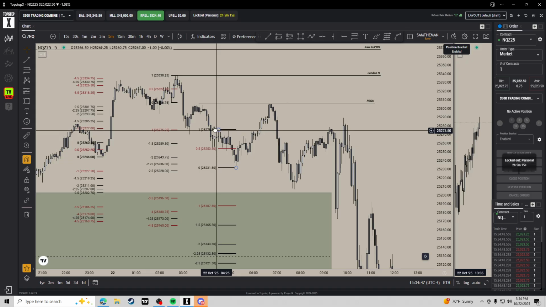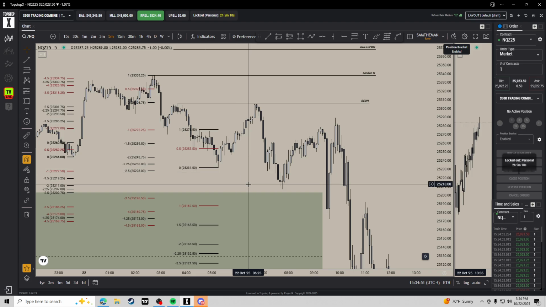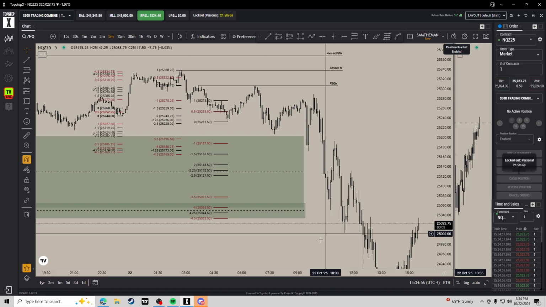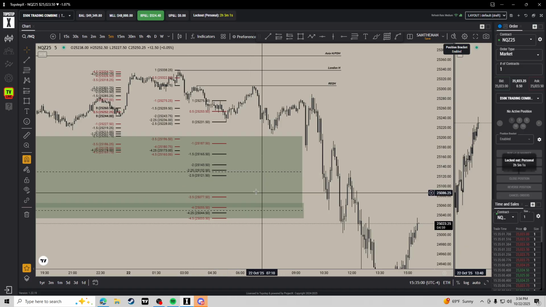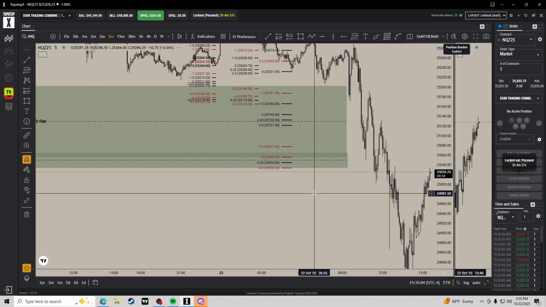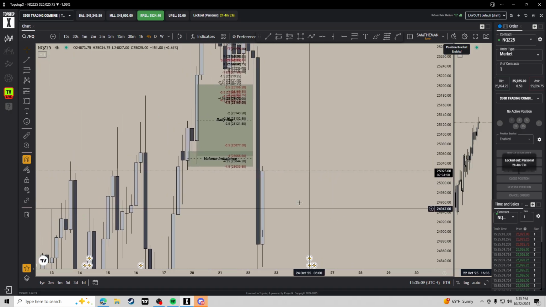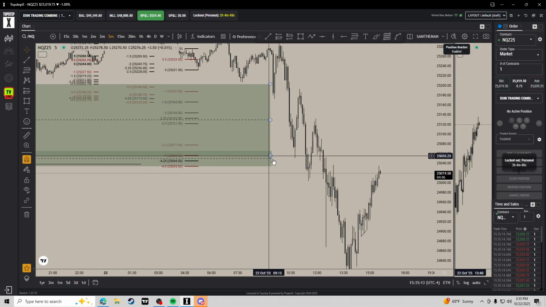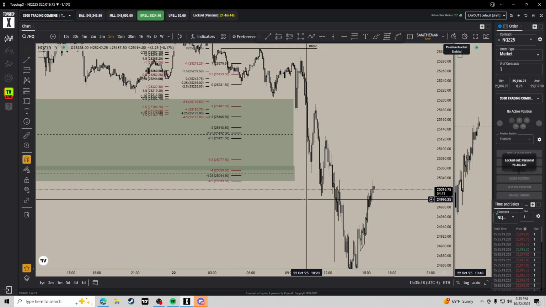But going off of our positive rule right here, the leg that took out that London low, I marked that out. We could see that we had a clean reaction. It lined up with that volume imbalance, lined up with stuff inside the daily gap. So I wanted to see this down here. I'm pretty sure this lined up with the 4-hour low that we had, which was this. So if we go back, yeah. I pretty much wanted to see that and then get a reaction off of that.